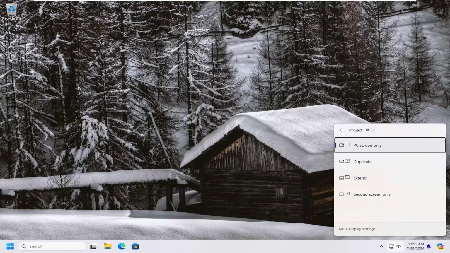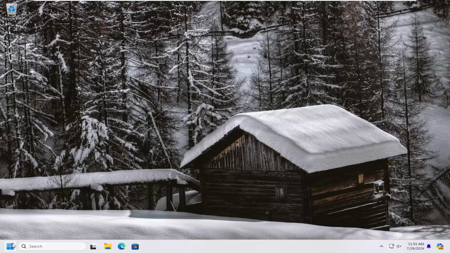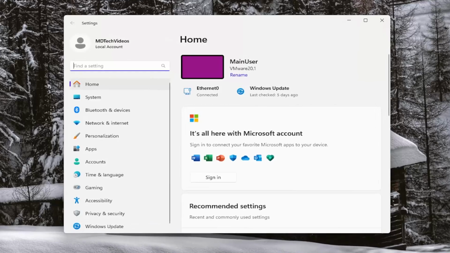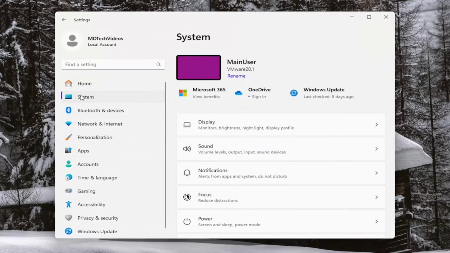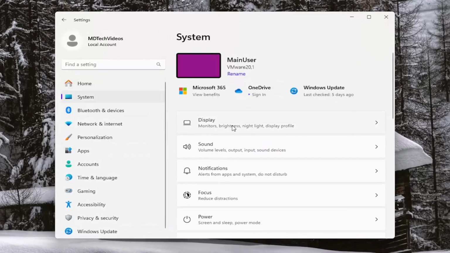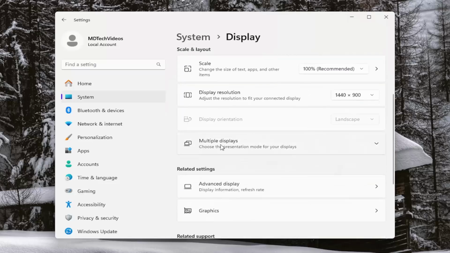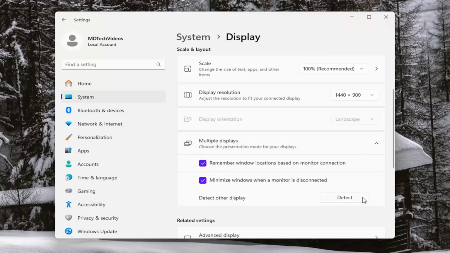Something else you could try here as well, if you're having an issue if your display is not even displaying on this option, you can go ahead and open up the search menu, type in settings, best match, and go ahead and open that up, and select system on the left panel, and then select display. You want to scroll down on the right side underneath multiple displays, select that option, and then select the detect